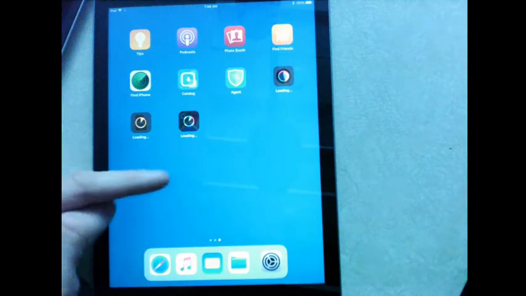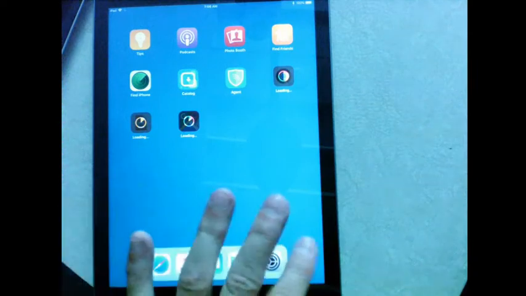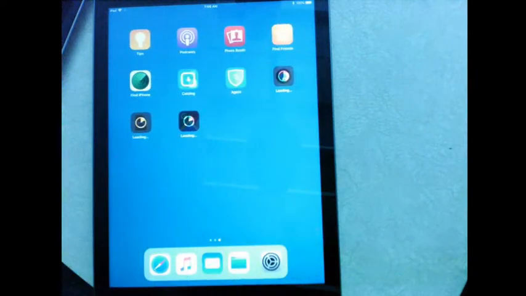Sorry, I don't know if you can see there. So there are those apps that are installing right there. I haven't done anything with this iPad. I've basically left it alone, and it's pulling in those apps that I set by default. Sorry to divert from that, but I just wanted you to see that it's pulling in those apps now.